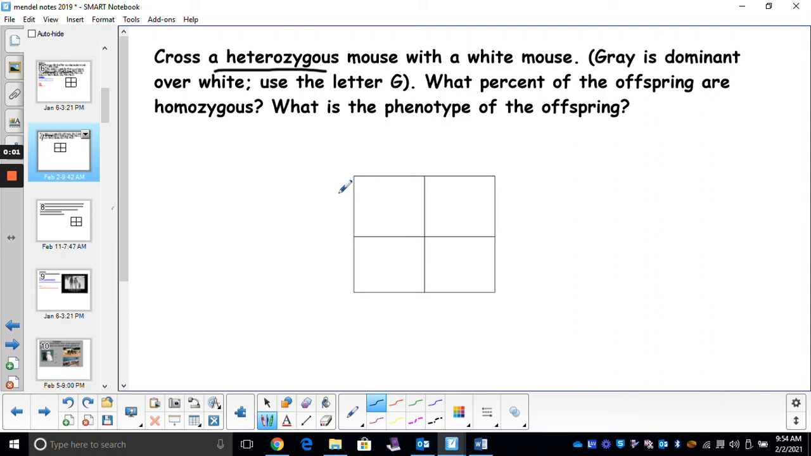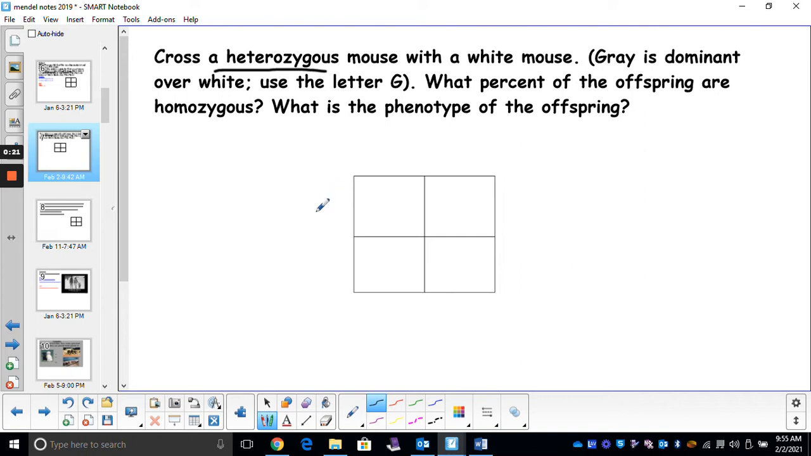A quick review today, kiddos, of how to do a Punnett square. Remember, Punnett squares are tools that show us the probability of passing on different genes from parents to offspring. So let's read the problem, break it down, figure out what the parents' genotypes are, and then what they pass